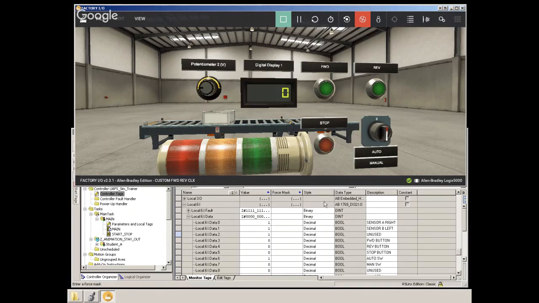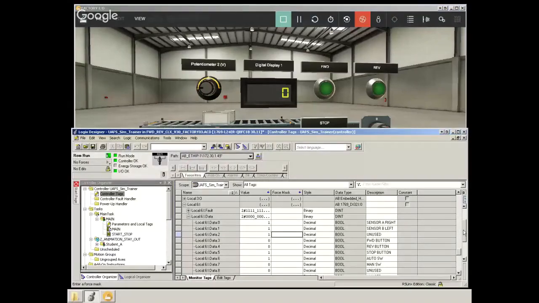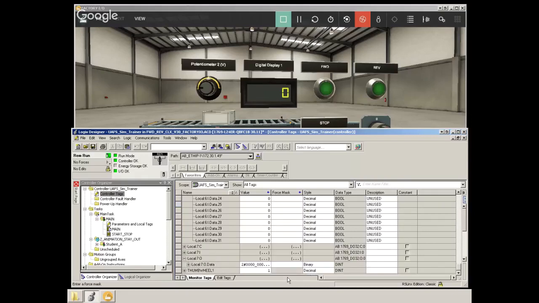We have our auto selector switch. We can toggle those two back and forth. We also have indicator lights. So we can go to our outputs, which is located under card 7. We go to our output data table. We will see that